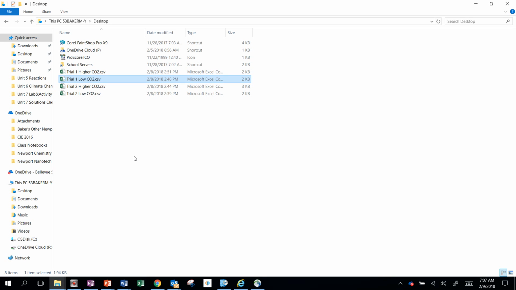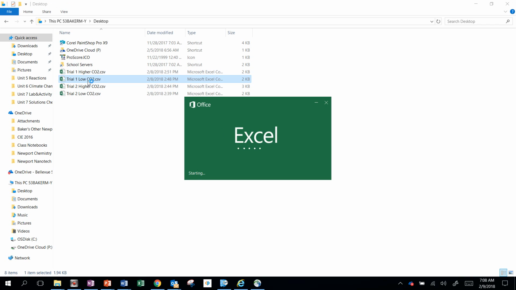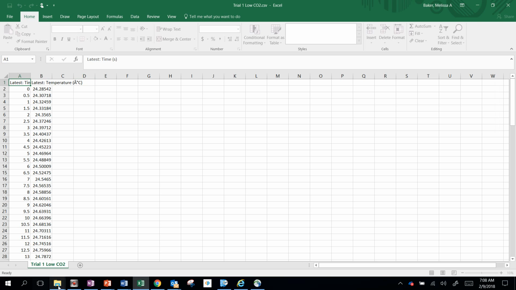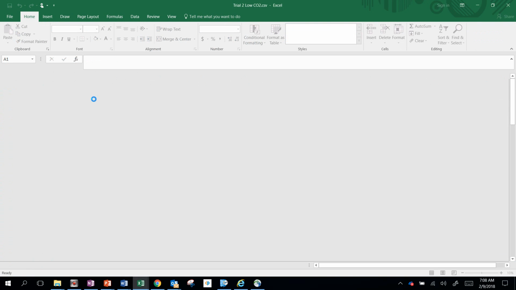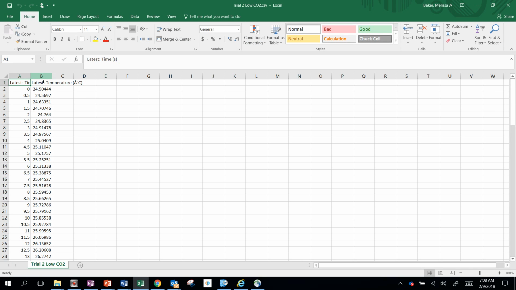Alright, this video is going to show you how to make your chart if you have two trials of your data. So first I'm going to open up my trial 1 of low CO2, and what I want to do next is get my trial 2 of low CO2 together with this data. So I'm going to click on the entire column B by clicking in that B,